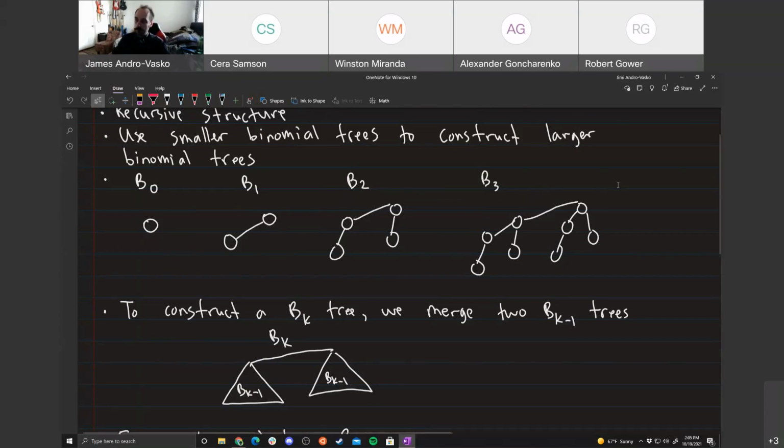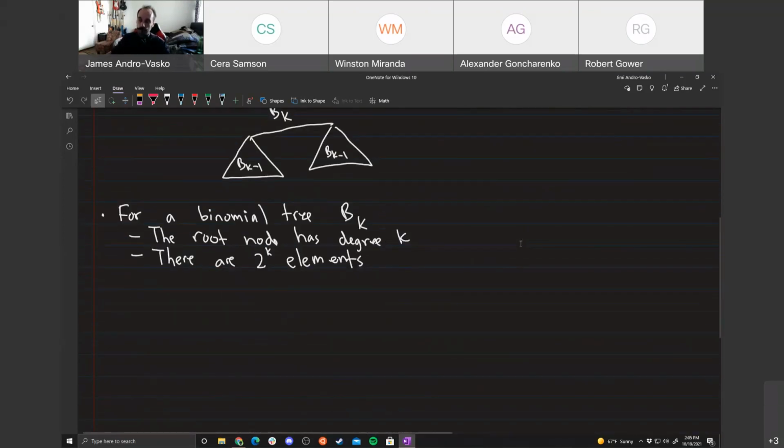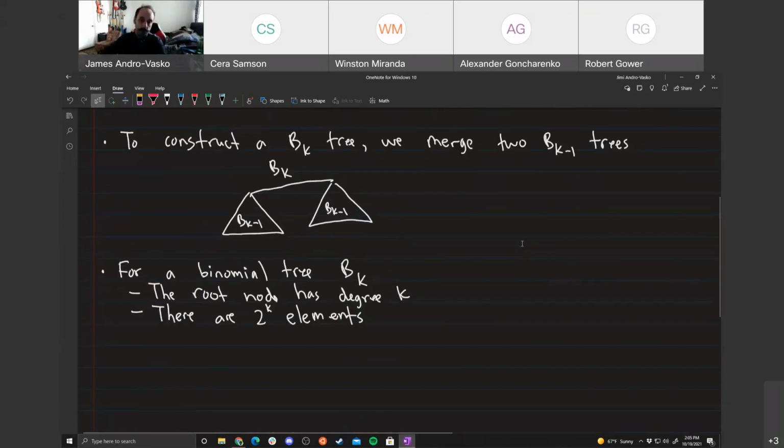So for a B4 tree, we take two B3 trees. We have to double the size of B3, so that's going to be a B4 tree. So we always double the previous ones. That's why there's 2 to the k elements. A very simple sort of explanation or proof of that. And then the height